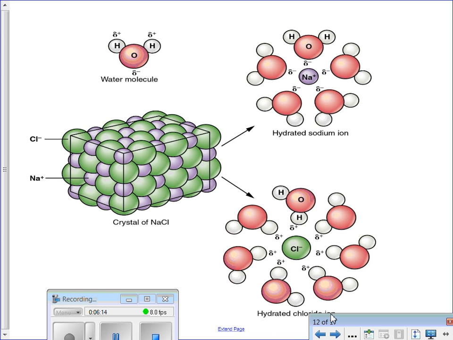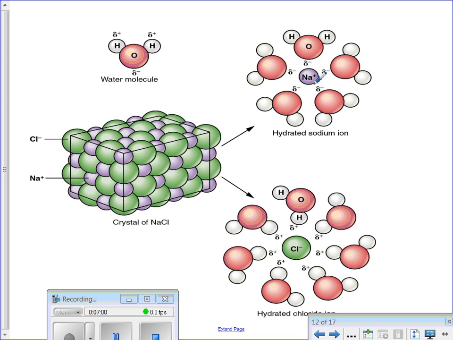When I say split into ions, what I mean is that if you have an ionic solid that is aqueous, the water will come in, and water is a polar molecule, so the oxygen end has a slight negative charge and the hydrogen ends are slightly positively charged. This ionic solid, in this case sodium chloride, not only will it dissolve in water, but once it is in the water, it will be pulled apart into individual ions. When we get to thermochemistry, we'll talk about from an energy standpoint how this happens, but I want you to note that when you dissociate